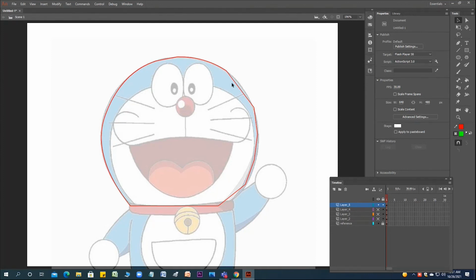Then in coming classes, we'll try to resolve. Okay, if there are too many pieces, what would be the problem? So today we have to simply explore a few tools for tracing your character.